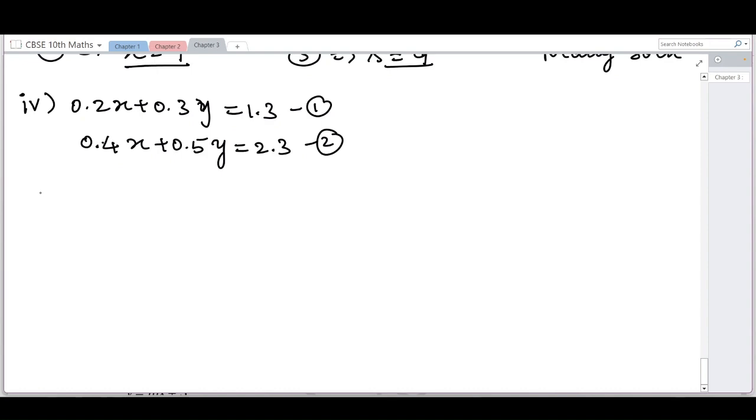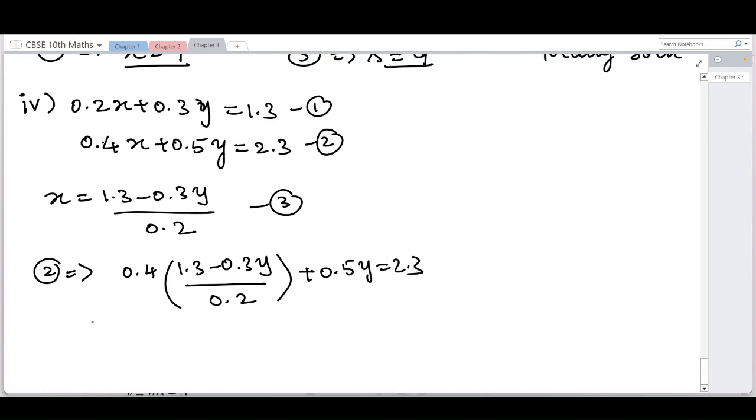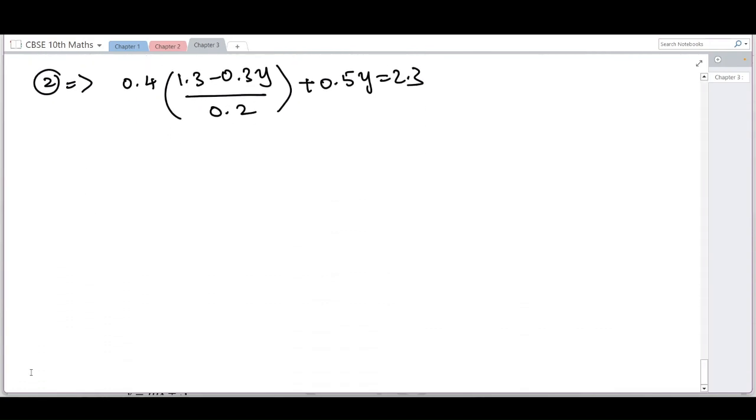So if you rewrite this, you will get the x value to be 1.3 minus 0.3y whole divided by 0.2. So if you substitute this in the second equation, you will get 0.4 into 1.3 minus 0.3y whole divided by 0.2 plus 0.5y equal to 2.3. So if you simplify this, you will get,